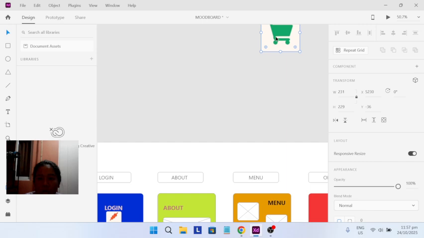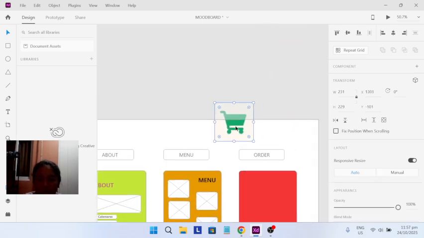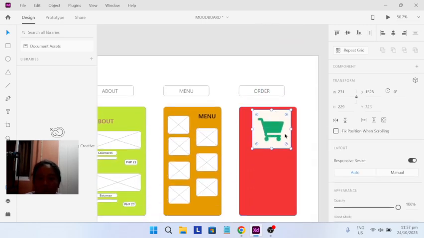Last but not the least is the order section. Sorry.